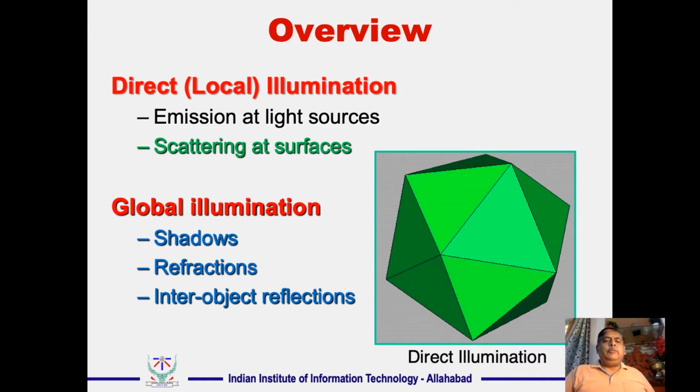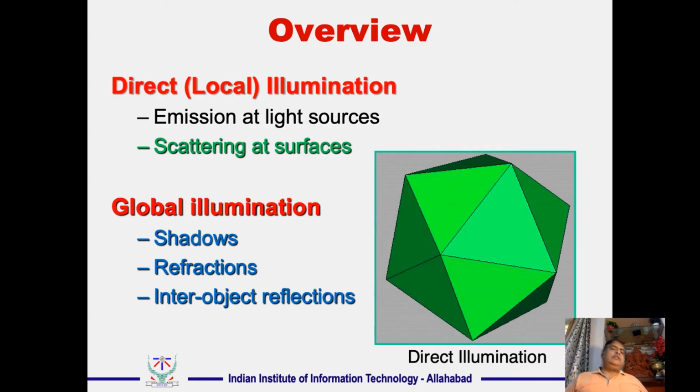Direct or local illumination, emission of light source, scattering at surface, global illumination, shadows, reflection, inter-object reflections. That is, if you have multiple objects, it is possible that the light reflects from one object and reaches the other object and then reaches the camera. So these are effects which you need to consider in the global environment, or we call it the global illumination,